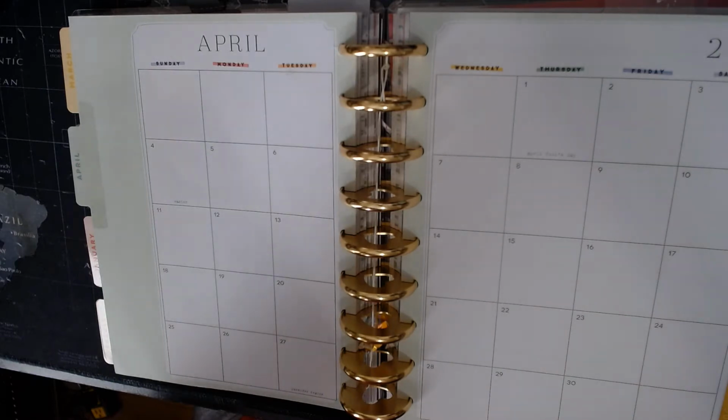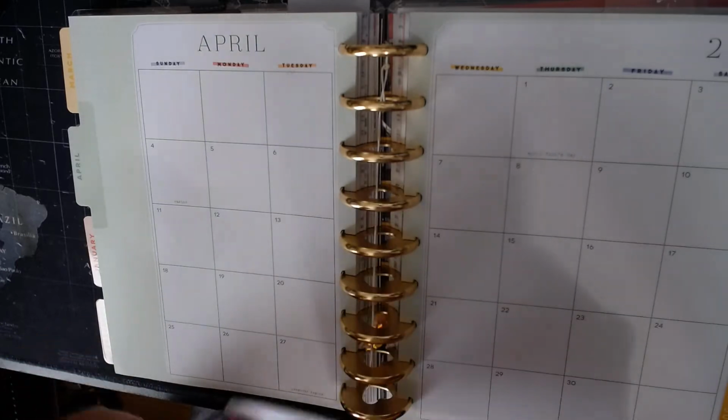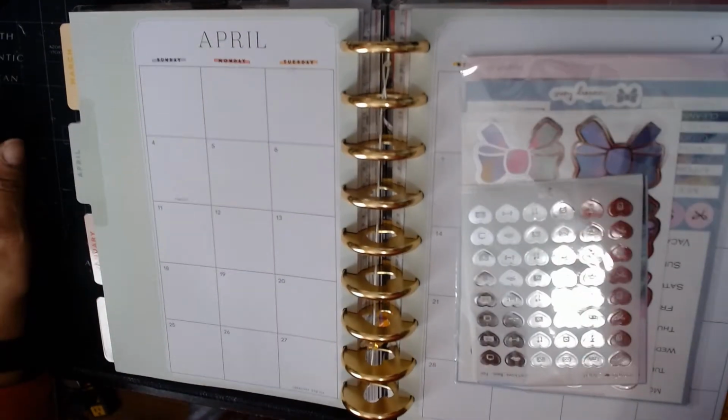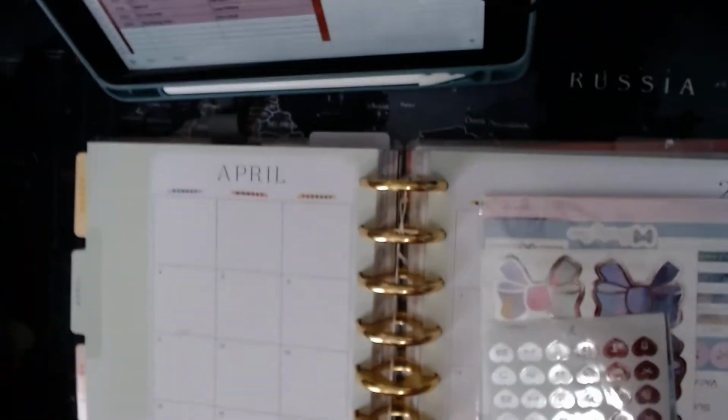packages that I got when I had a subscription from Simply Gilded, and I may use some of these. And the last thing I want to mention is in front of me, and I can probably show you, it's a mess, but I can show you, is I have a case, a container with Simply Gilded washi tape. Now I have dozens of other washi tape, but I'm going to just try to work with everything that I